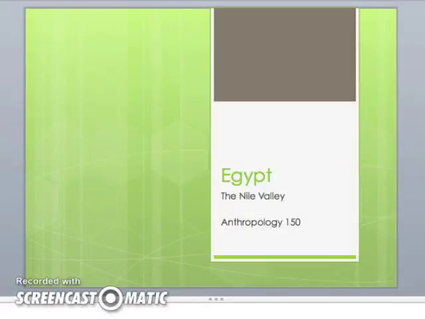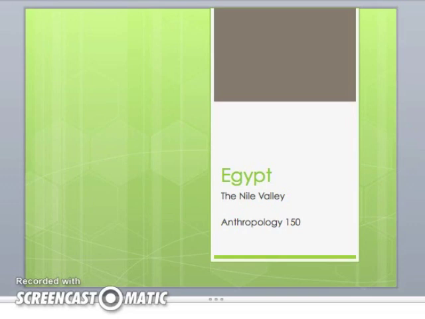So today we're going to talk about Egypt. And most people think about Egypt and think of the pyramids and other sort of monumental architecture that's pretty readily visible from an airplane. These monuments didn't appear out of nothing. They did develop from an ideological and cultural system that required their building and their existence to help control society.